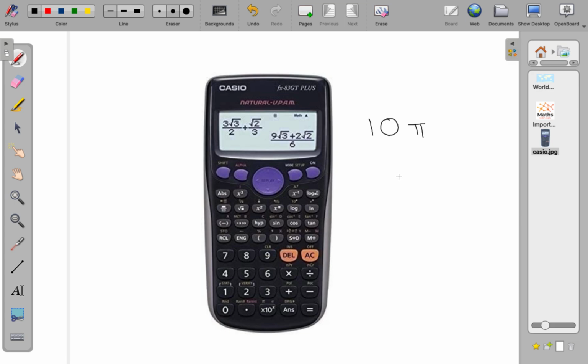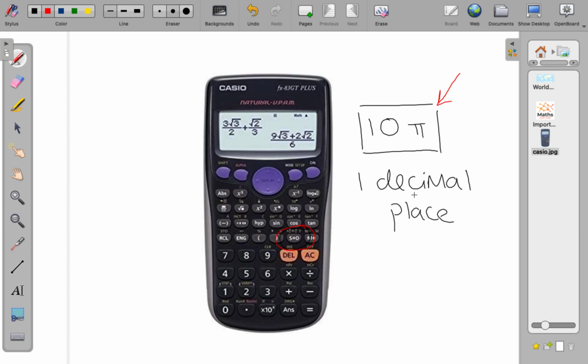But sometimes the question doesn't say give your answer in terms of pi, it will say give your answer to 1 decimal place. If it says give your answer to 1 decimal place, then what you will have to do is click this button on your calculator, so it's S arrow D, and what that will do is convert this into a decimal, so you should end up with